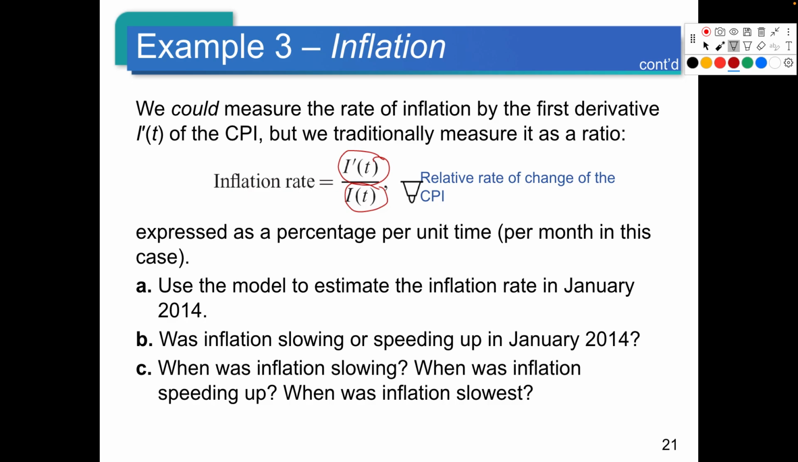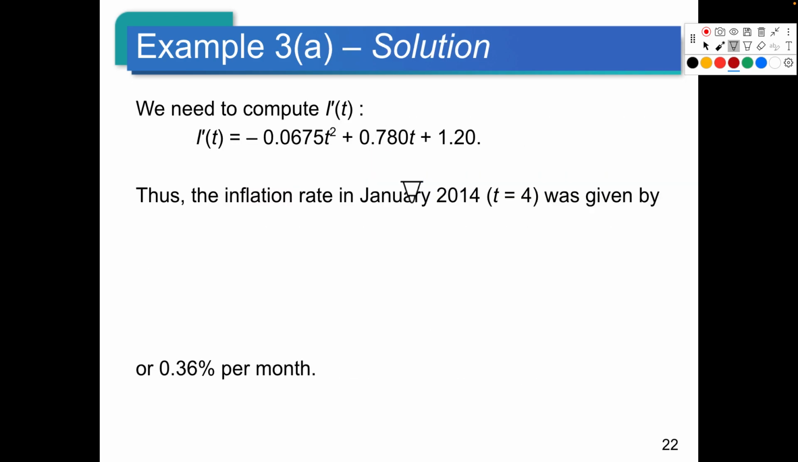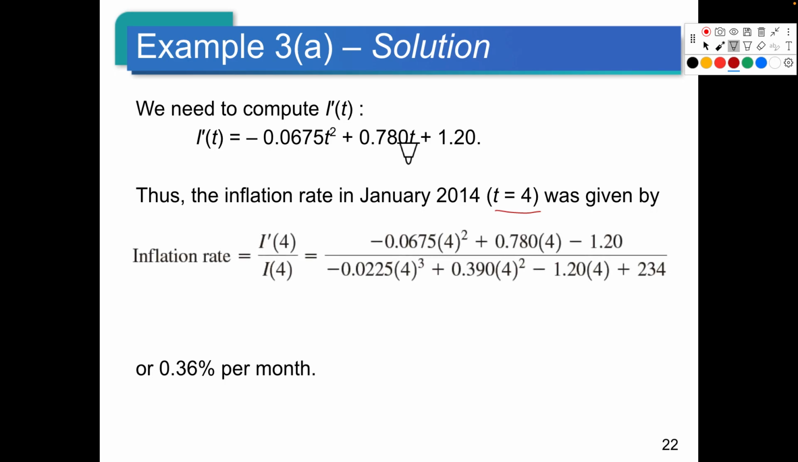Okay, and so I kind of want to get through this, but you could take the first derivative, we get that. You can see a given month, so 4 months, which was January 2014. We plug that in, and then we do the math on it. So here's the derivative at 4, here's the original function at 4, and if you do all the math, it ends up being a